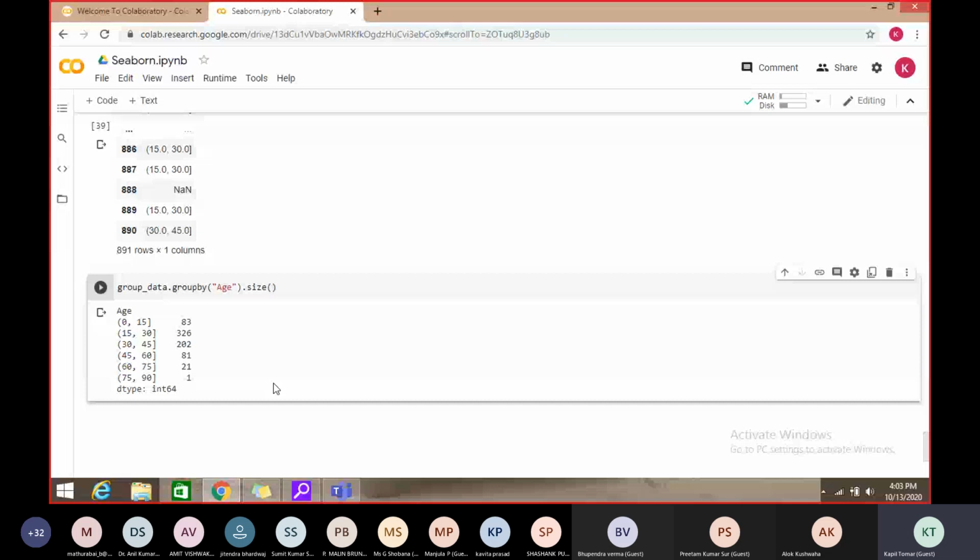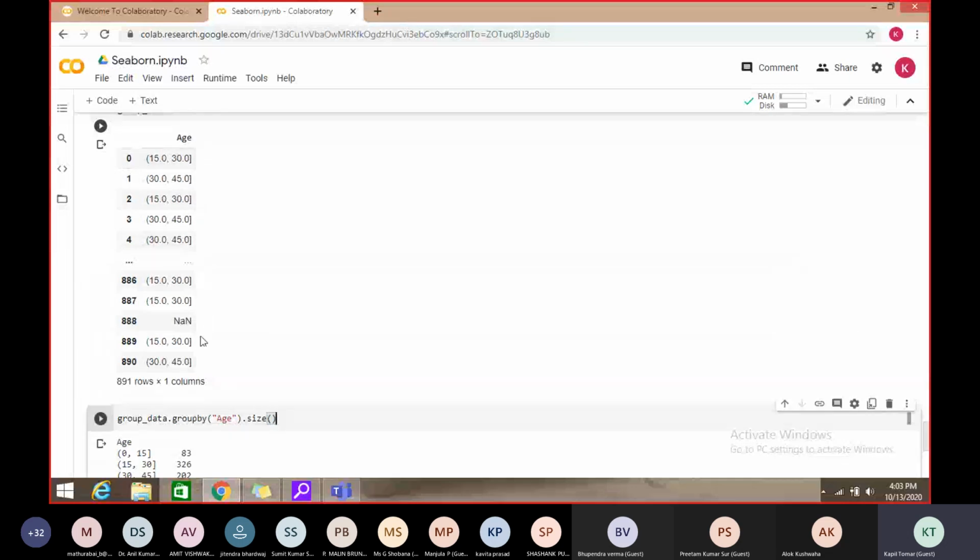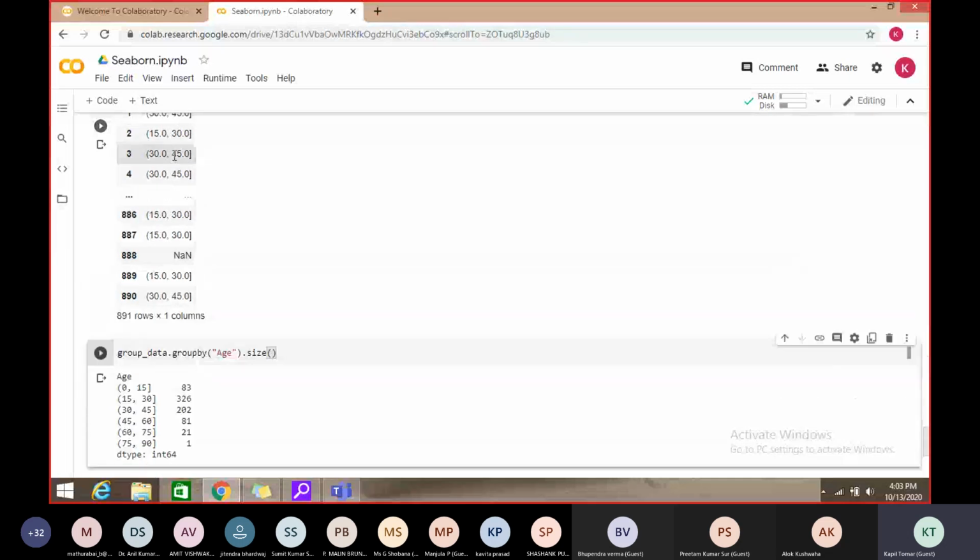Okay, so this is the size. What we did: group_data, which is this data, and this data is grouped by age, which is available in our train.csv. We call the size, so it gives the number.